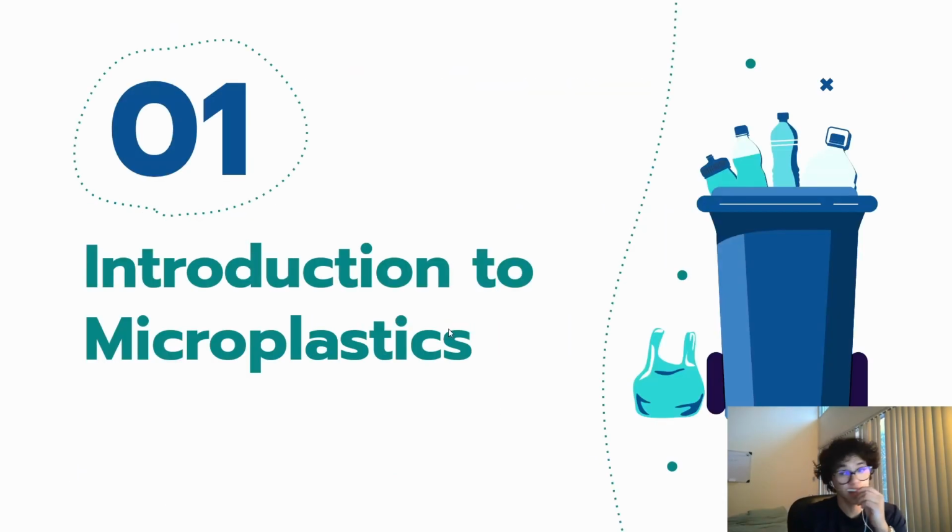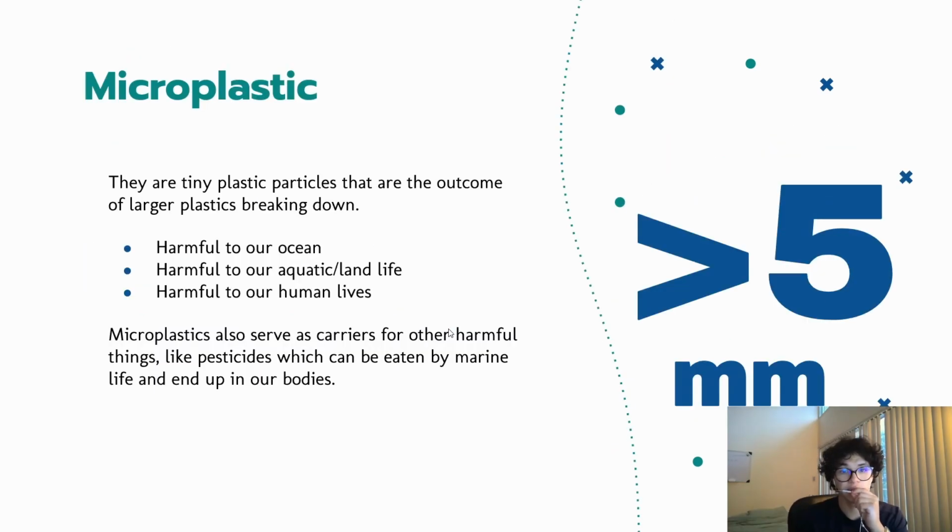For the introduction of microplastics, they are basically tiny plastic particles that are the outcome of larger particles breaking down. For example, a water bottle in the ocean can break down over time and turn into super small, tiny plastic particles. They can be harmful to our ocean, to our aquatic life like fish, or our land life like the birds who eat the fish. And they can be harmful to our human lives if they end up in our water systems or in the